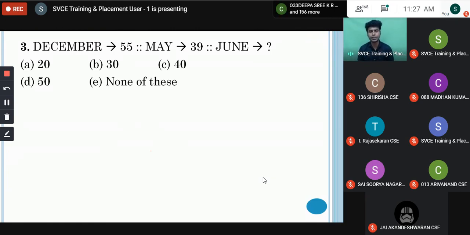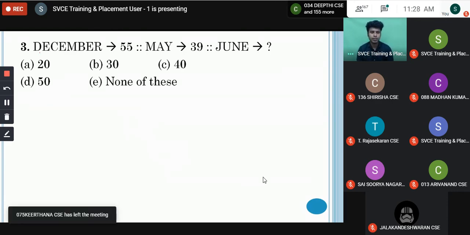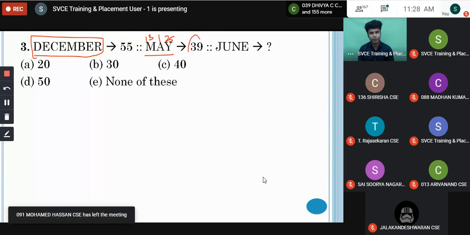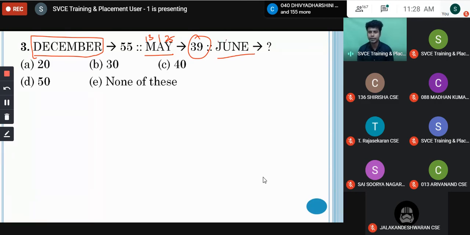Okay, try to find this logic. Anyone? DECEMBER is equal to 55. What is that logic? You may say all the letters' value, right? So D's value is, it's a very big word. Instead of finding here, you can go with this word. M value is 13 and A's value is 1 and Y's value is 25. If you add all those values, 25 plus 1 is 26, 26 plus 13 is 39. So this is the logic you form. Now apply the same logic here. 10 plus 21, 31, 31 plus 14, 45, 45 plus 5, 50. How fast we can do. So now you all understand the importance of alphabets and their values. Without their values,